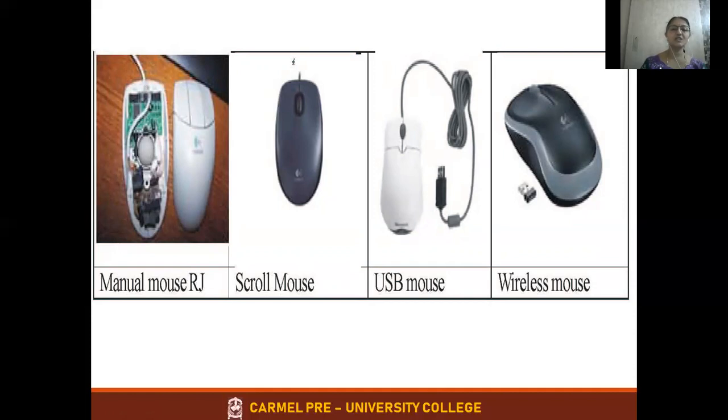So the optical mouse or scroll mouse is now in most of the mice that we use for a PC. Here you get a rotator or a ball. You just have to rotate that, and accordingly the arrow mark moves. Especially when you are viewing a document which has many lines, you can just scroll it with the help of this, isn't it? So this works with optical rays. Another type of mouse is the USB mouse, which can be connected to the USB port. Then the wireless mouse, which need not be connected with a wire to the CPU. It works with the help of a sensor.